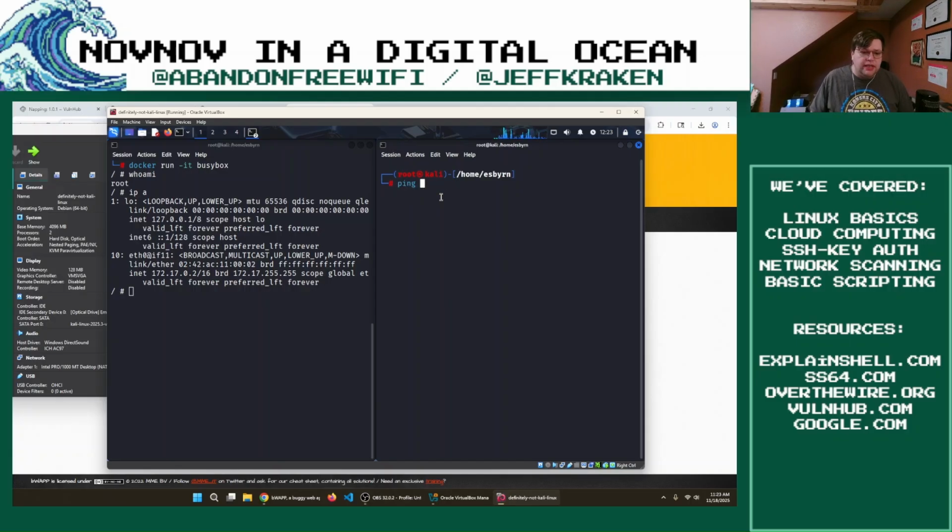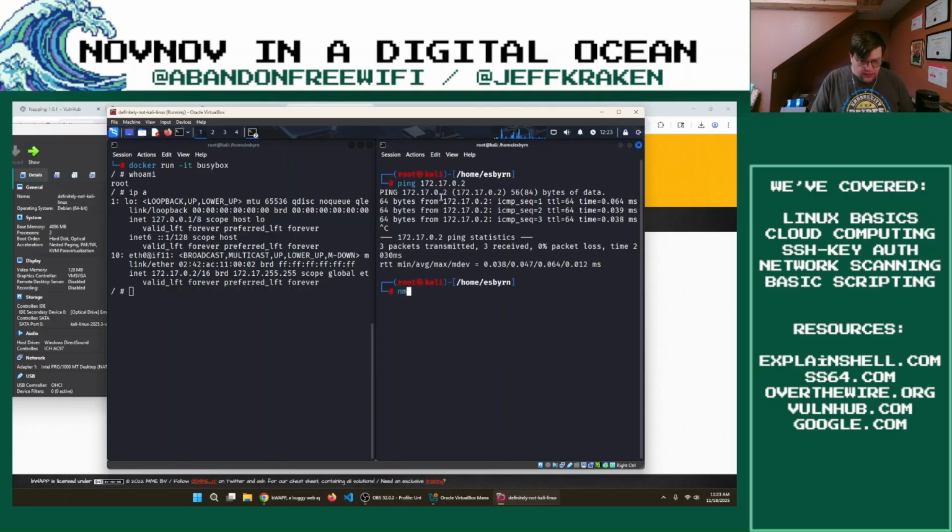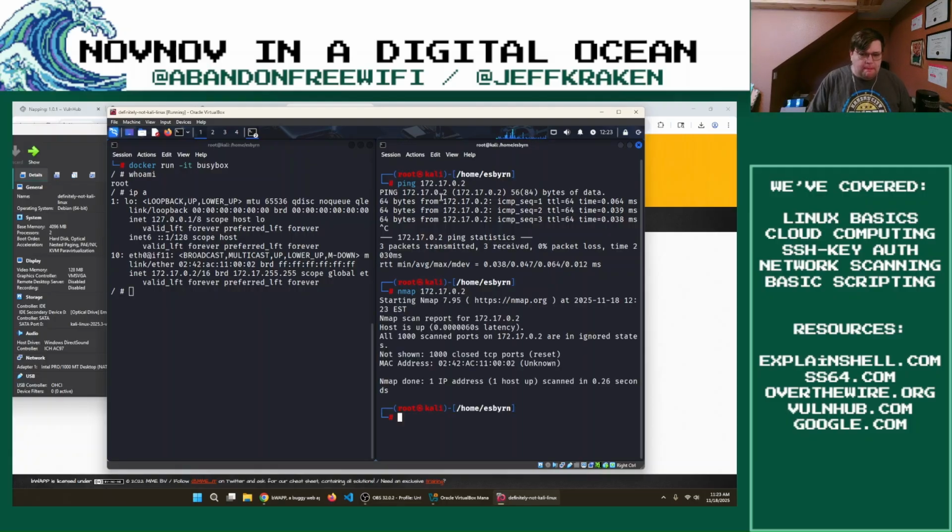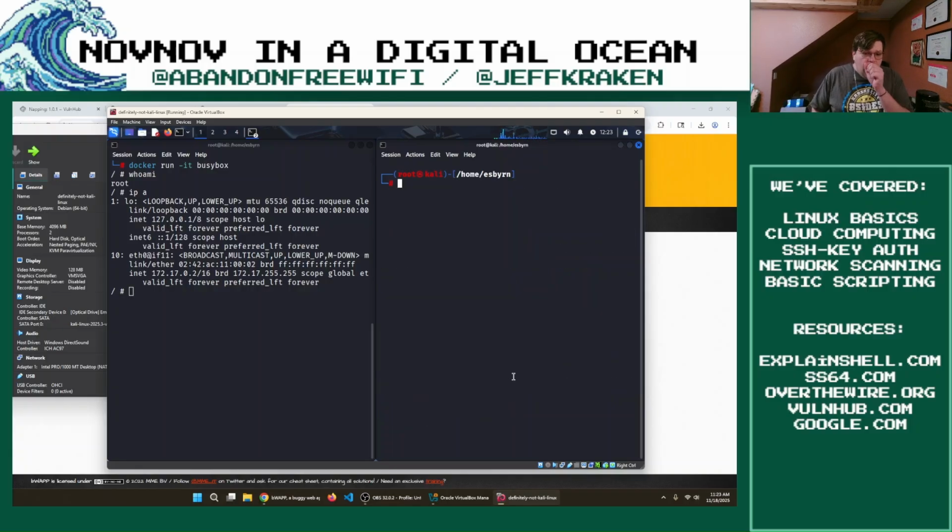First, I'm going to try and make sure I can ping. I can ping my Docker container, nmap it. I can nmap it, but it doesn't have anything open because it's just BusyBox. Let's see what's existing on there. ls, not a whole lot. So let's cd tilde, ls -a, and let's go ahead and